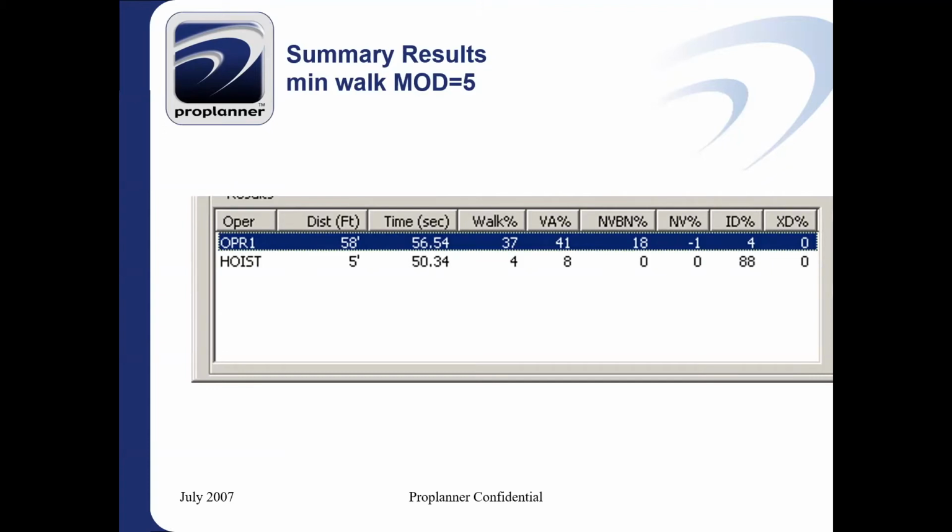So as a result, we end up with an analysis that may look something like this. Here I actually have an operator and I have a hoist where the operator uses the hoist, so I can have one or multiple operators, and I can also have one or multiple pieces of equipment. And that equipment can be stationary or it can be dynamic. Now you may ask, why would the equipment, if it's stationary, or even to some extent if it's dynamic, in other words that it moves, be relevant for Workplace Planner analysis? And that is because